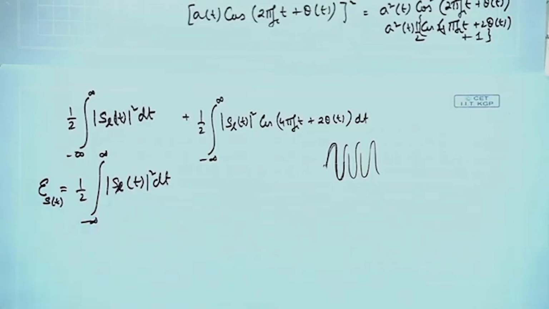So, that means again what we are saying is that we can calculate the energy of the passband signal given the low pass equivalent representation. We have already seen that you could connect the spectrum, and now we have seen that you could also calculate the energy as well. So, moving ahead further,